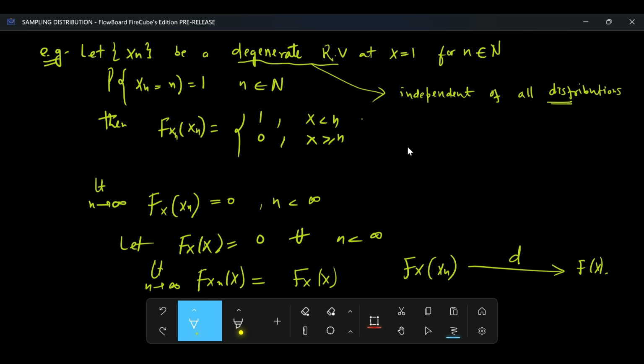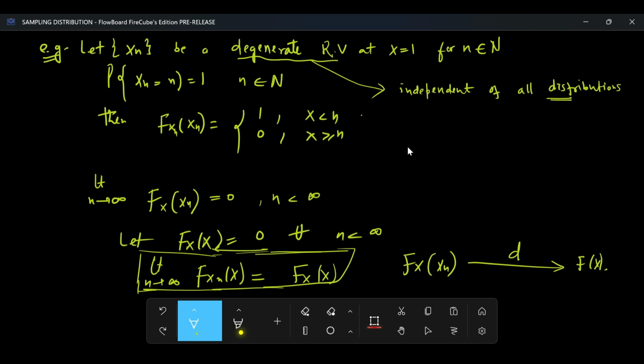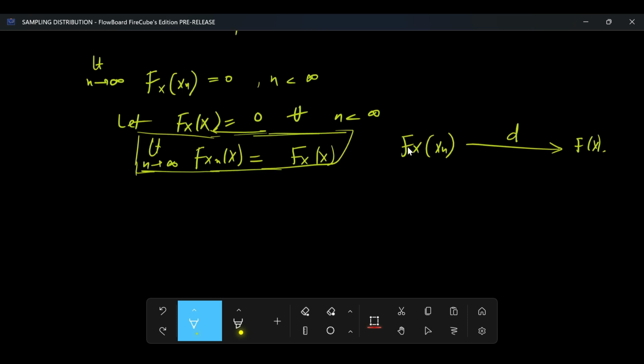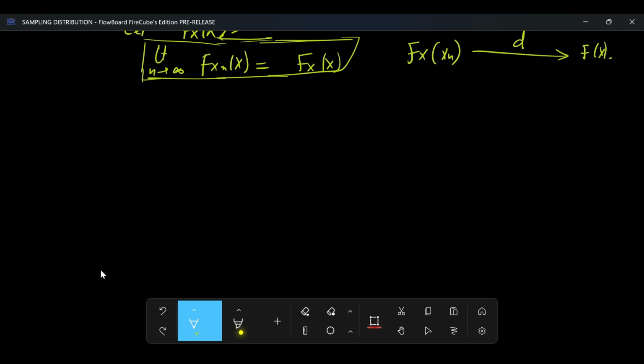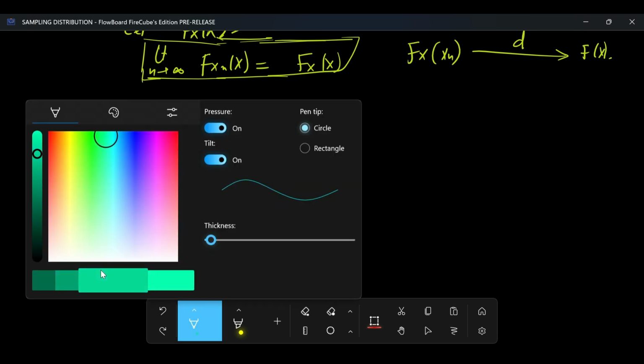Now let's take another example. This is just when this case happens. When this thing happens in any question, then you can directly say f of xn will converge in distribution to f of x. So see, now another question is, don't get confused over this. So another question is,